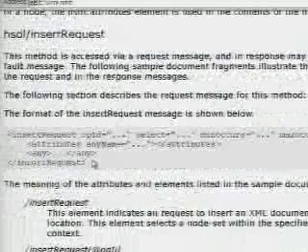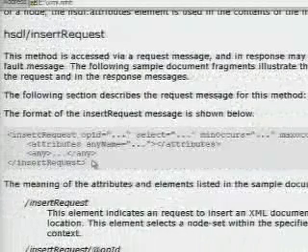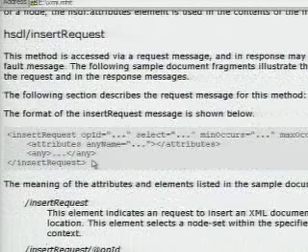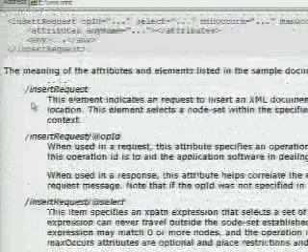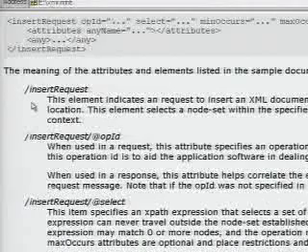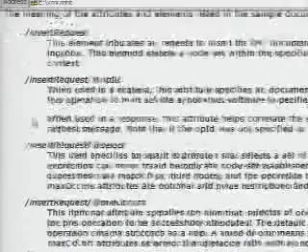So I thought I'd go through some of these operations. Maybe the first interesting one we should cover would be insert. Like what Mark was talking about, each one of these little operations or methods that you can count on at every HailStorm service starts with manipulating an XML document. So we've got an insert request here, and basically insert says, I want to point at a spot in the XML document, and I want to insert some data. The best way to describe this is actually with an example.